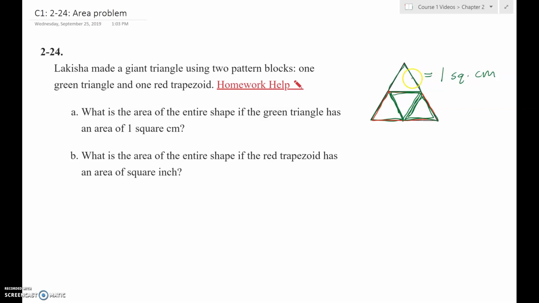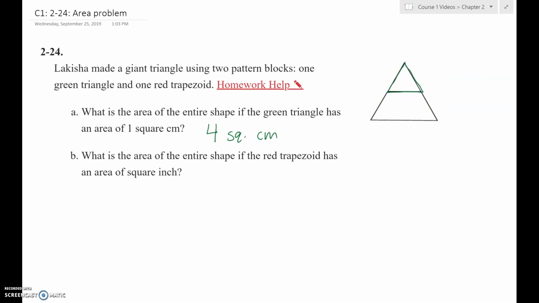So if one of the green triangles is worth 1 square centimeter of area, then the entire shape is 4 square centimeters of area. The area is 4 square centimeters. Then the problem flips and it says, okay, well, what if